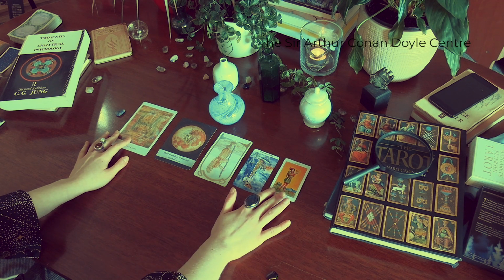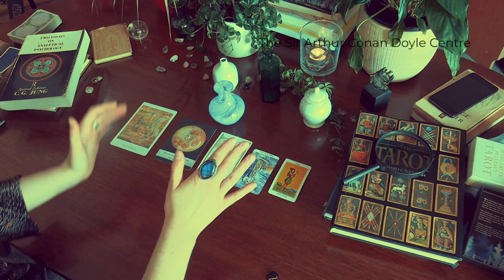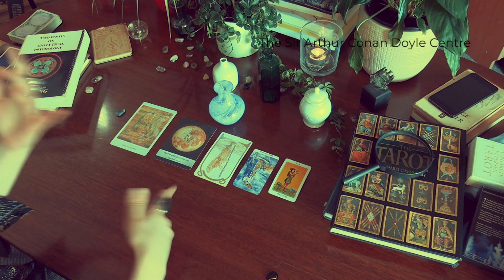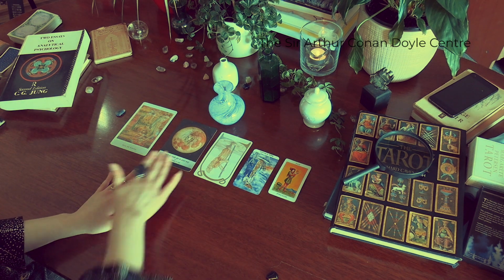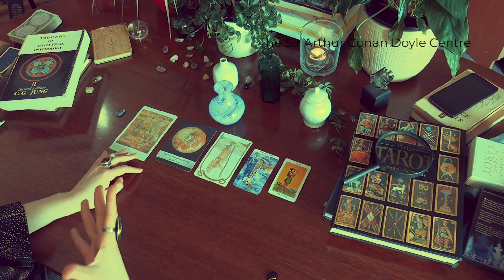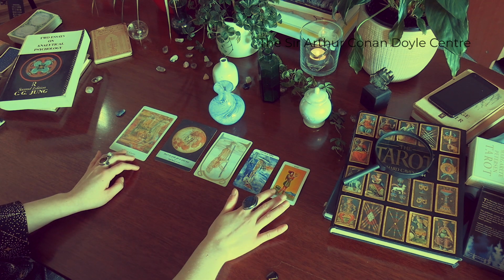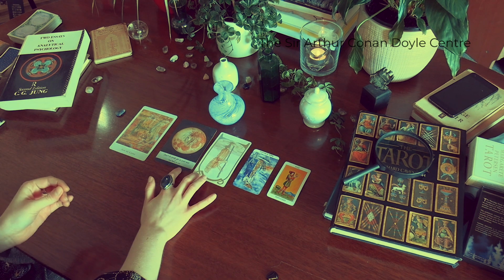earth, it's all about the practical life, and sometimes we can get really trapped in all of these daily routines, things that we do regularly, and we just have that goal and we go for it. But with fire, it adds enthusiasm, it adds intention, it adds inspiration. So I feel that not only you are a practical person, but you also have